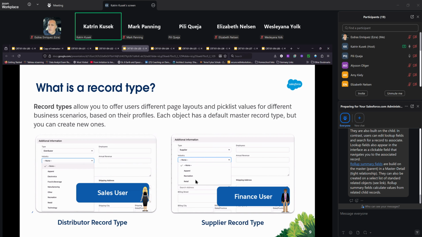Great question. The dynamic pages or dynamic records or forms is a fairly new feature. It has been around probably not even for a year, whereas record type has been around forever. So if you're new to Salesforce, then yeah, maybe you would want to go with dynamic forms instead of record types. But a lot of times, either the pick list values, that is not something you can control through dynamic forms yet, safe harbor statement,